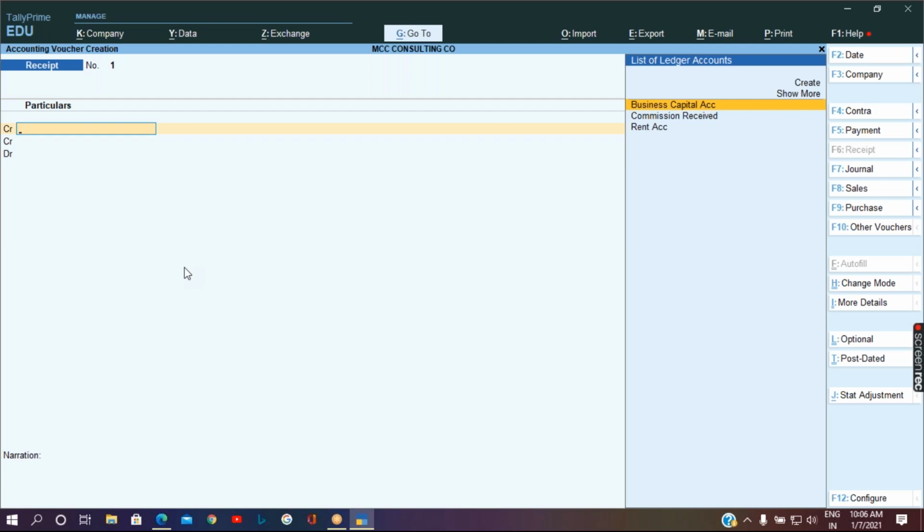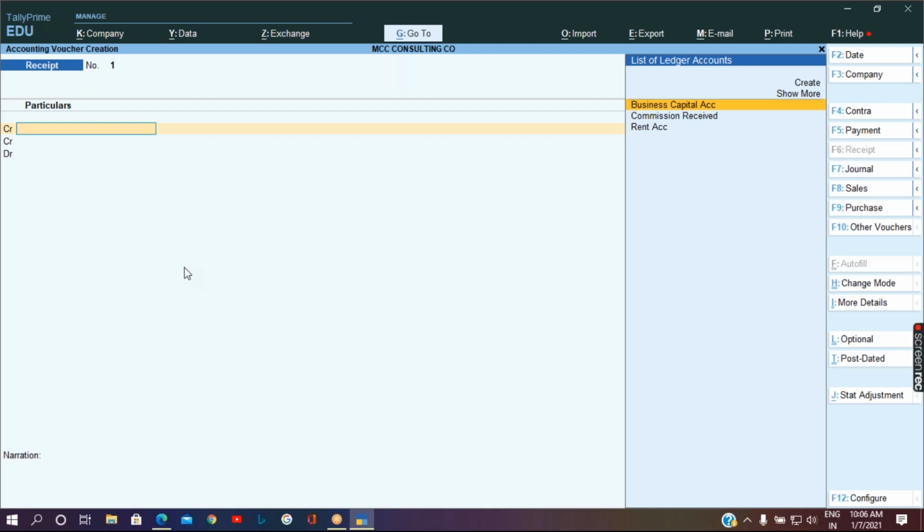Very good. So this is the screen you are going to get in the single entry mode and the double entry mode. As you said, it is the debit and credit option in double entry mode, whereas in single entry mode, you will not get it as debit and credit. So when do we use the debit credit option or double entry mode and single entry mode? It is up to the person's comfortability. Whoever the user is, if they are very good at what is debit and what is credit, they can use double entry mode. If that person is not clear with what is debit and credit, they can use single entry mode.